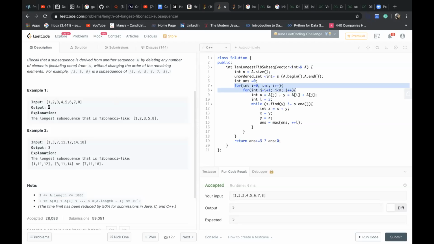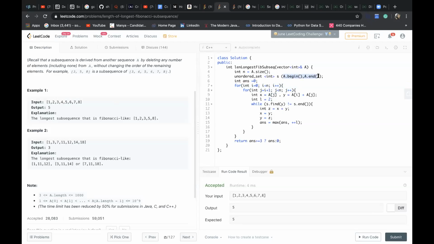Then what I did is I stored a of i, which will be 2, and a of i plus a of j, that will be my 3. Y becomes 3, and the minimum length will be 2 at least. Now I've used the set.